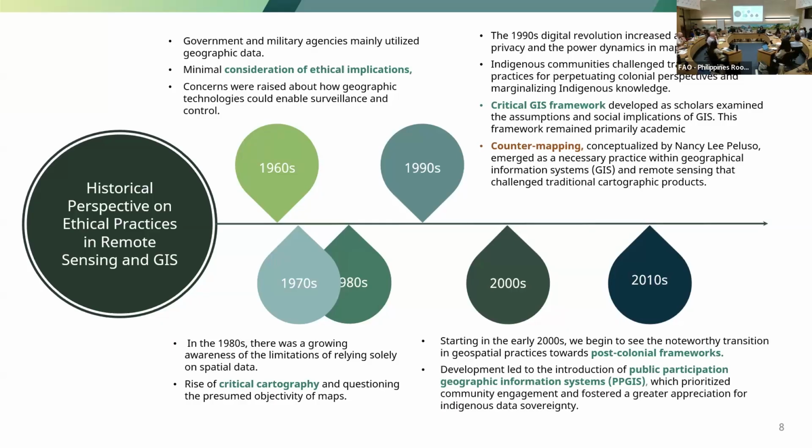In the 1980s, we saw growing recognition of the limitations of relying solely on spatial data. That's why GIE, the field, has been designed to be done in pairing with surveys and impact evaluation on the ground. Critical cartography also began to challenge what was supposed to be objective maps in the 1980s, so quite early on, this work had started. In 1990, some instruments came into play. There was critical GIS, which is going to play a role in our rubric.